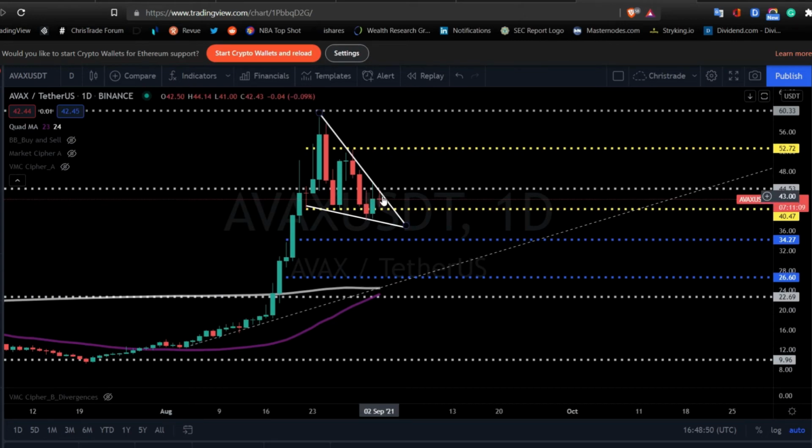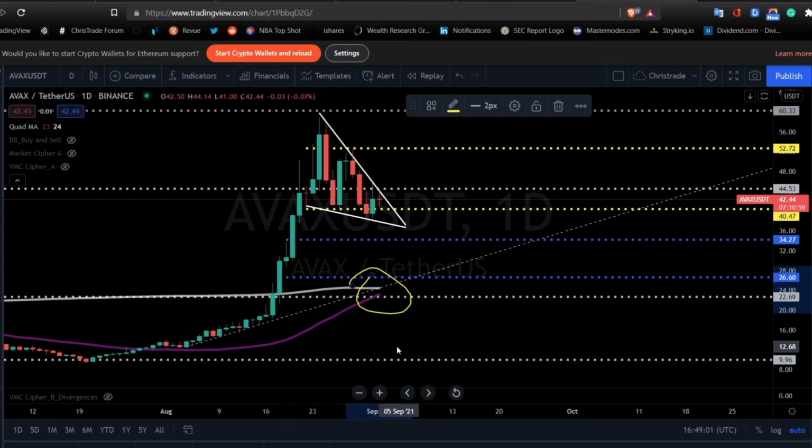If I just go to daily, all right, as you can see, it's just bouncing really nicely into this. So watch this pattern on the daily, very key. That will help with momentum to break out of this itself, establish a bit of floor, and shoot back up. All right, guys, so this is AVAX. Check it out. From a technical analysis, this is looking very bullish.